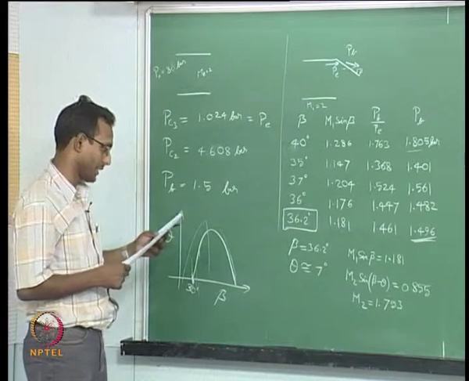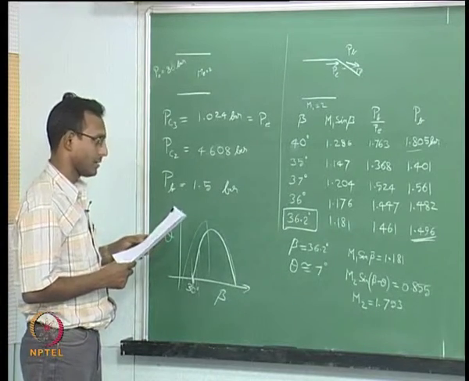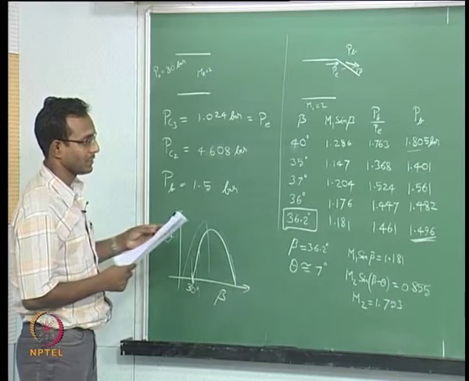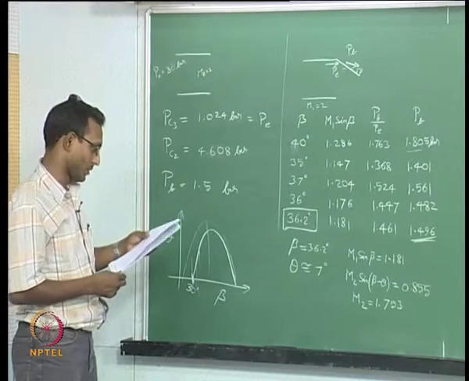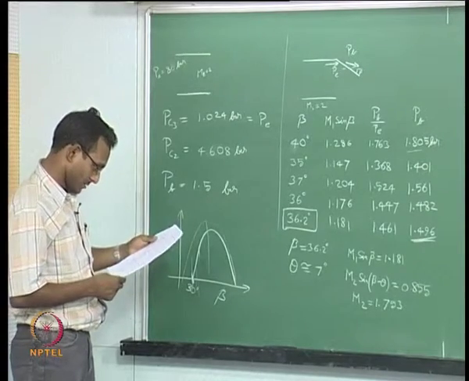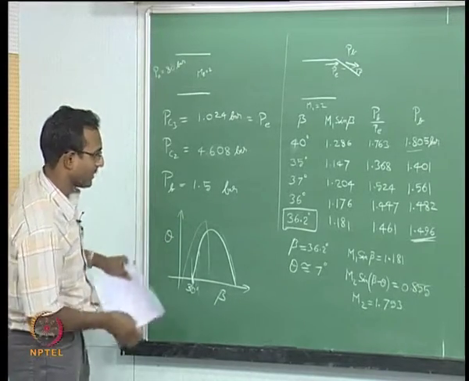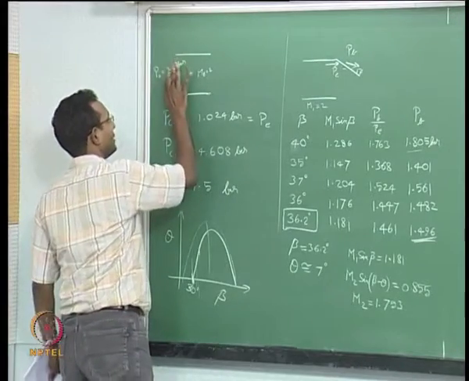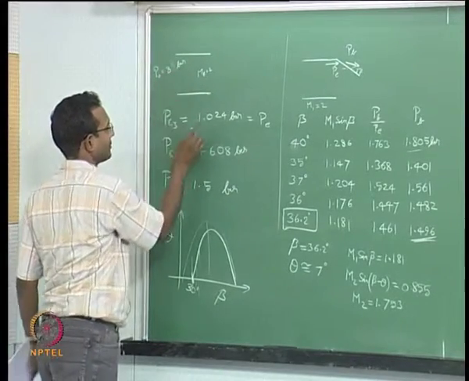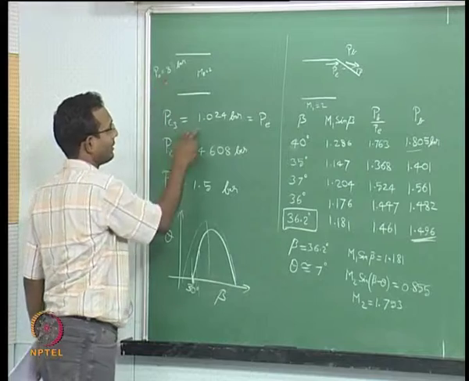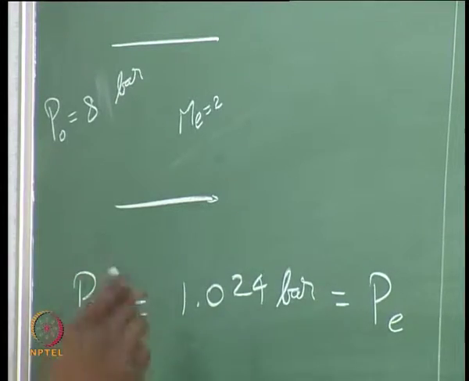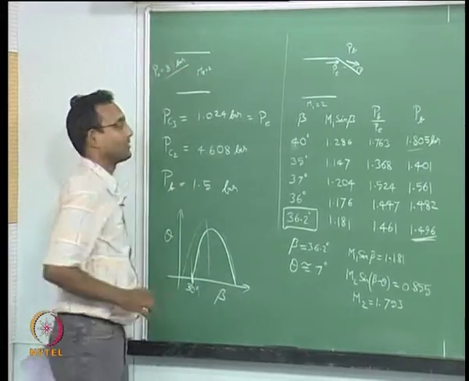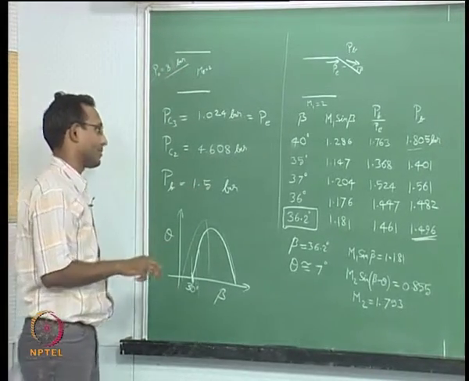Okay, so I have used 8 only, it looks like. Then how did I get a P naught more than this value? That is my next question. It should not be going beyond that. It is possible that I had made some calculation mistake somewhere. Let us assume that this is 8 bar for it to give this. It looks like 0.128 into 8 will give me 1. Yeah, 0.125 into 8 is 1. So yeah, it is close. So I agree. Most likely I used 8 bar instead of 80 bar. I made a mistake somewhere in my calculations.